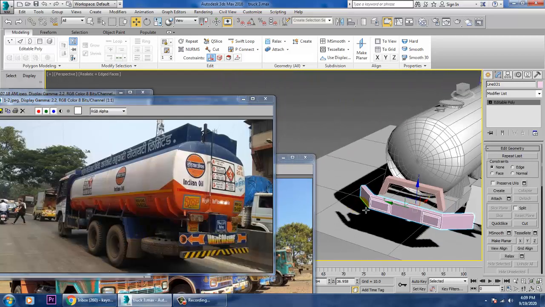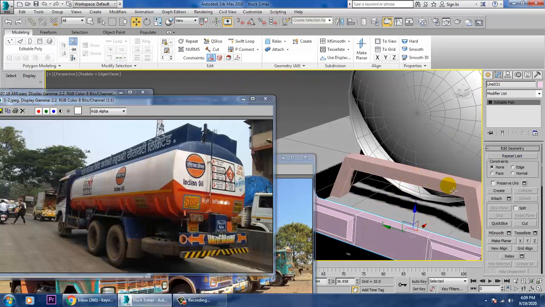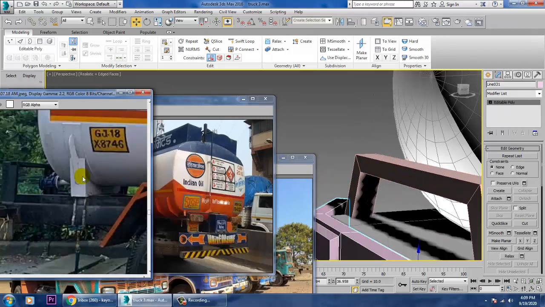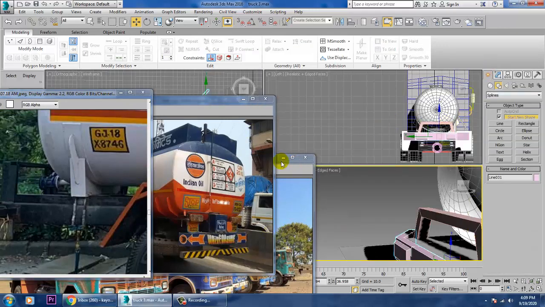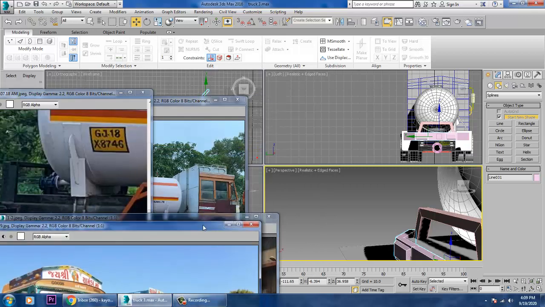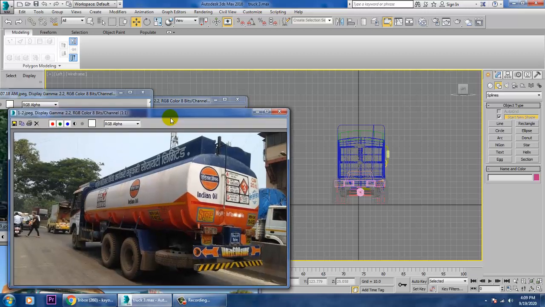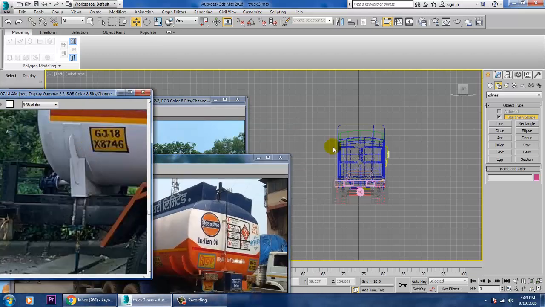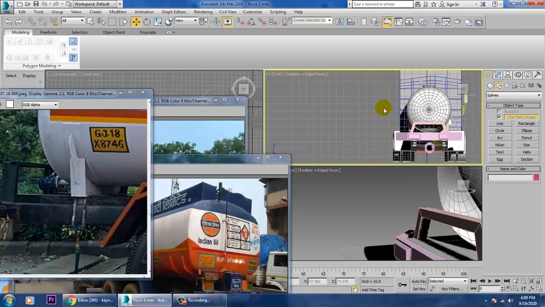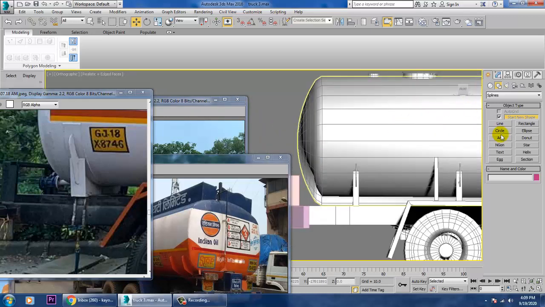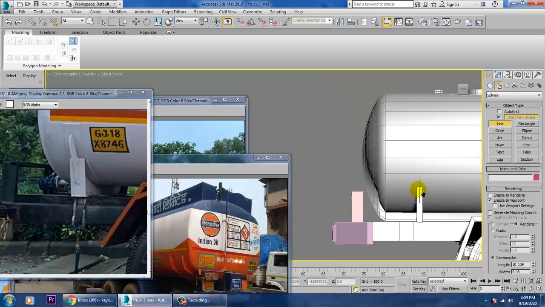Now let's go into this side view, oh sorry, front view. Select this as a reference.